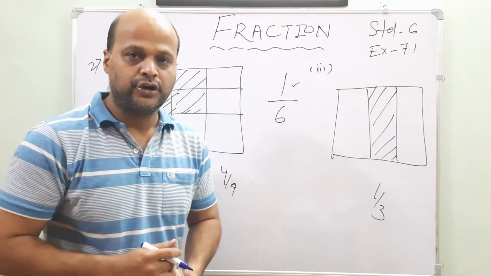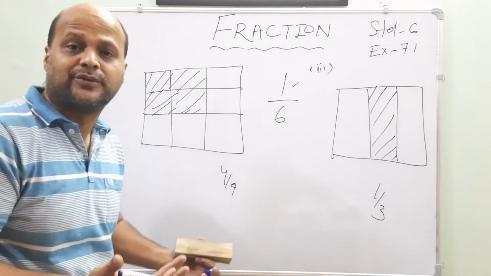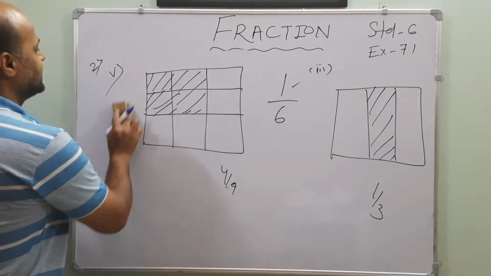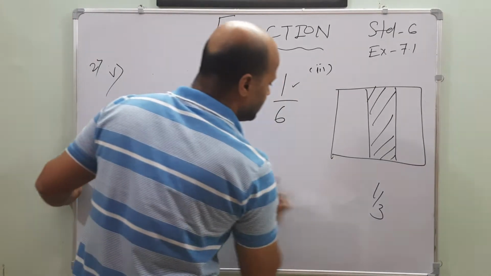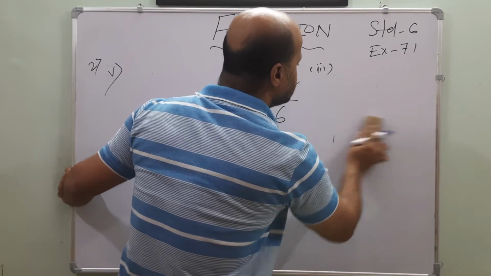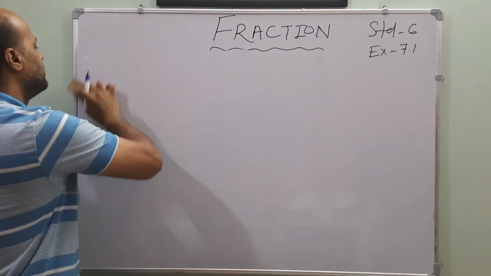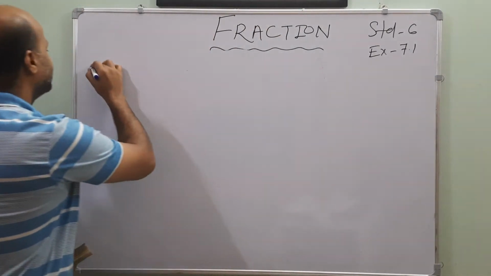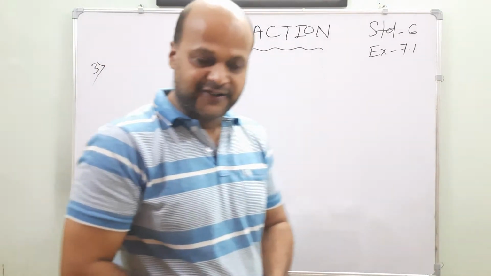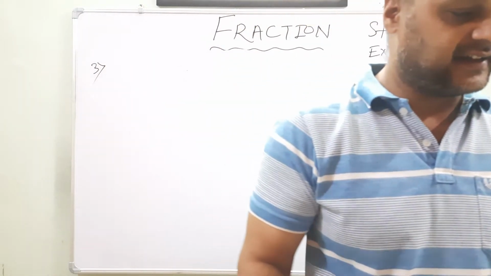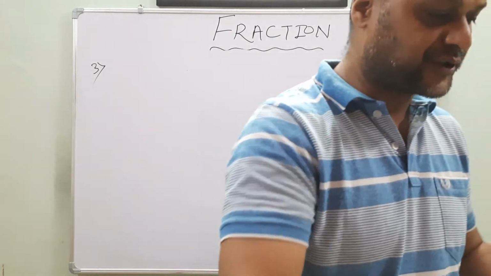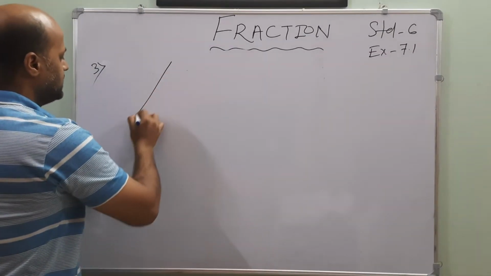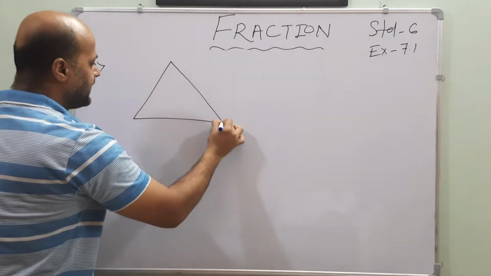This is the question given in your book and this is the solution for the question. Understood? Okay, let's go to the third question. What is the third question given? My dear friends, it is very easy. The only thing is that you have to remember the funda. Understood? Let's go for the third one. What is the third one saying? Identify the error. It means a picture is given, and you have to identify the error.